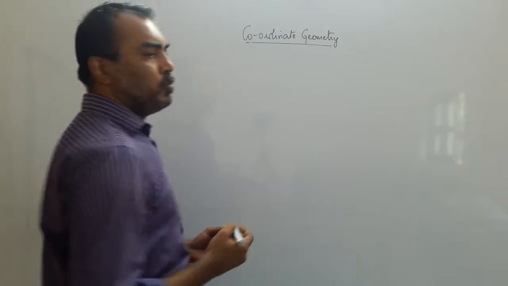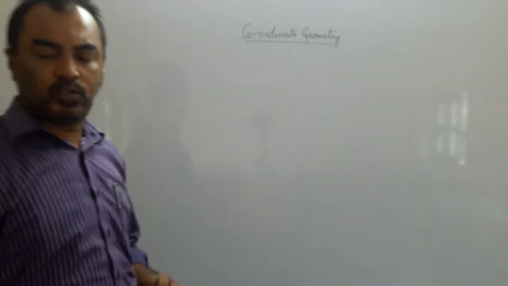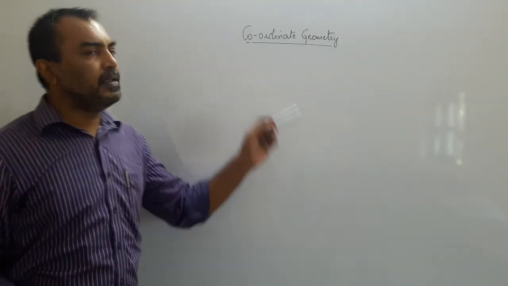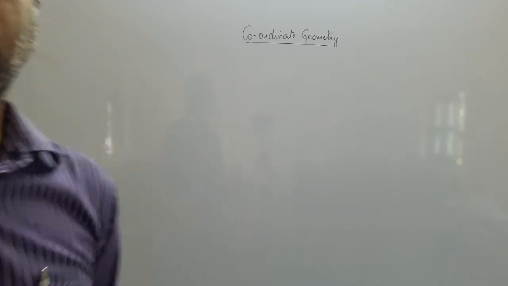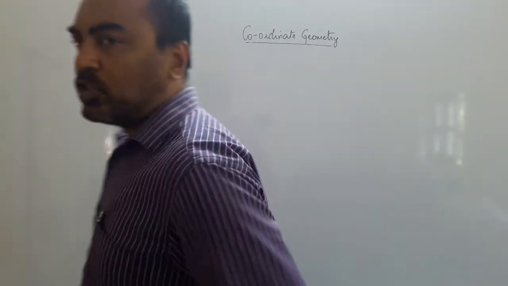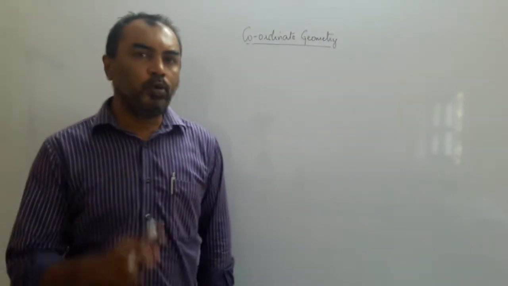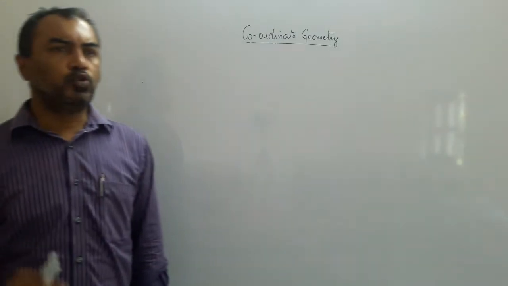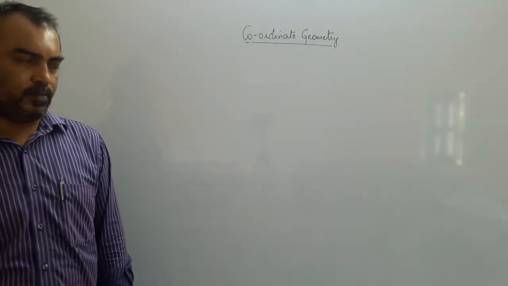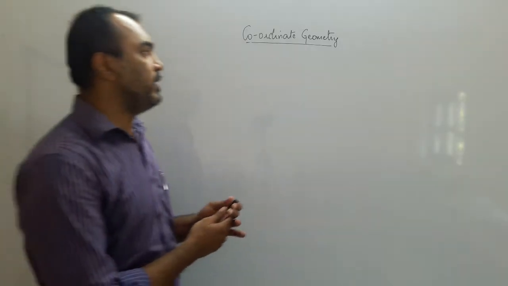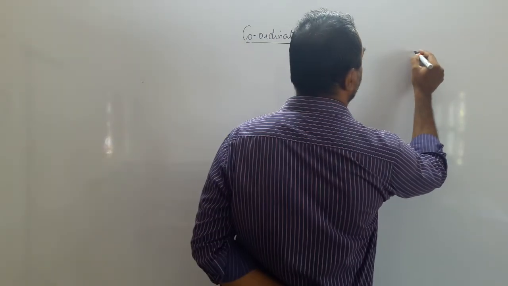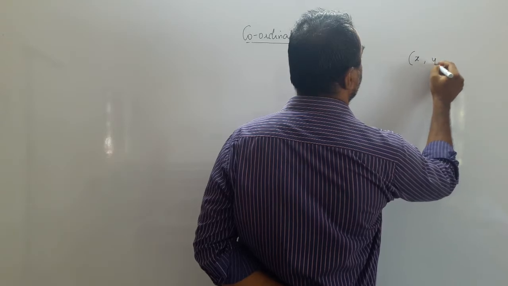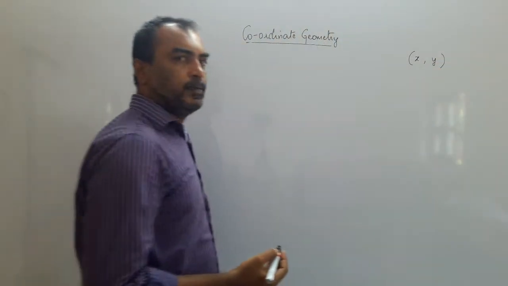Yes, you must have started this chapter in the ninth standard. So, do you remember what you have done in the ninth standard? I hope everybody does remember. In the ninth standard, you learned that in a two-dimensional space, you need two coordinates to show the exact location. The coordinates were written in the bracket like this. First was the x coordinate, the second one was the y coordinate.